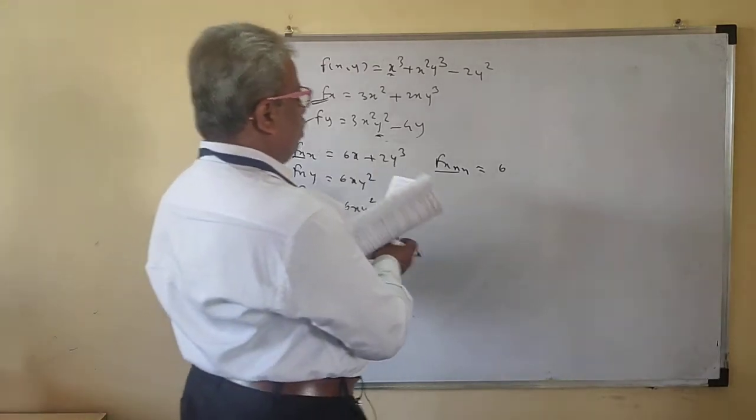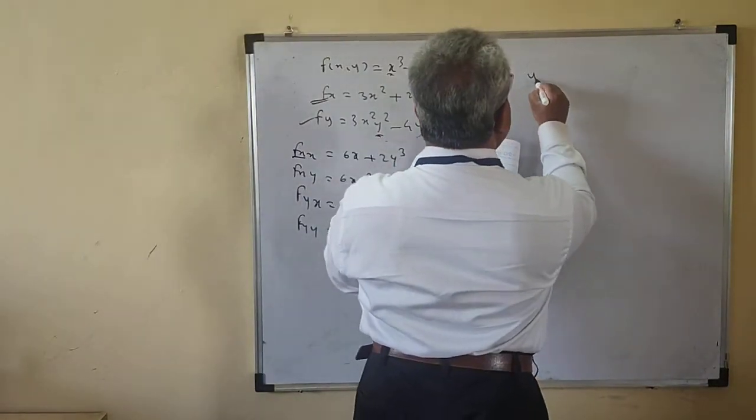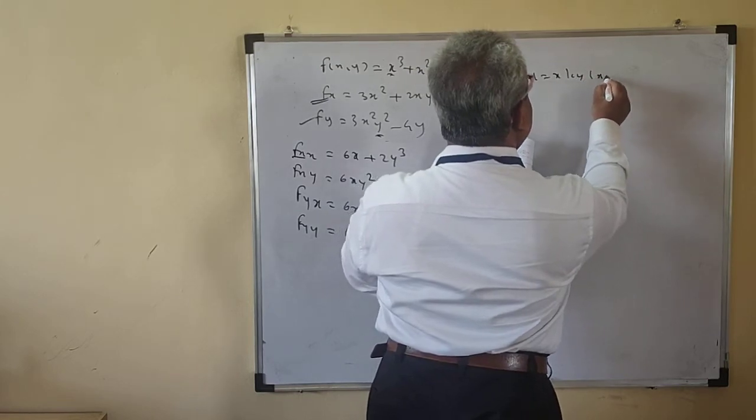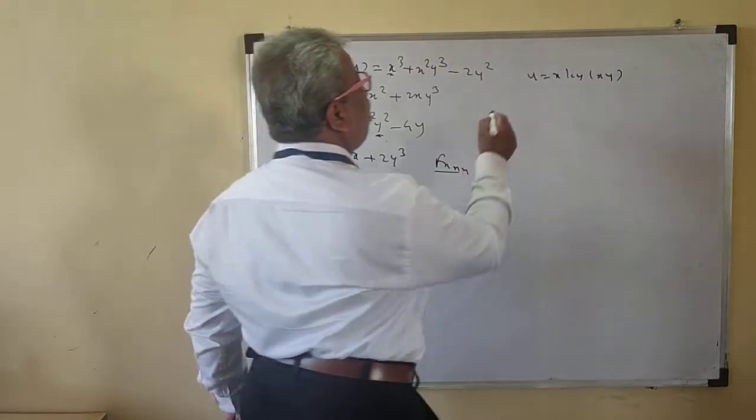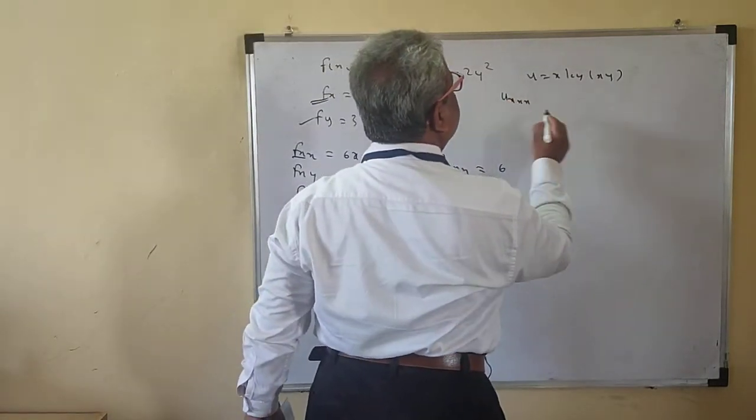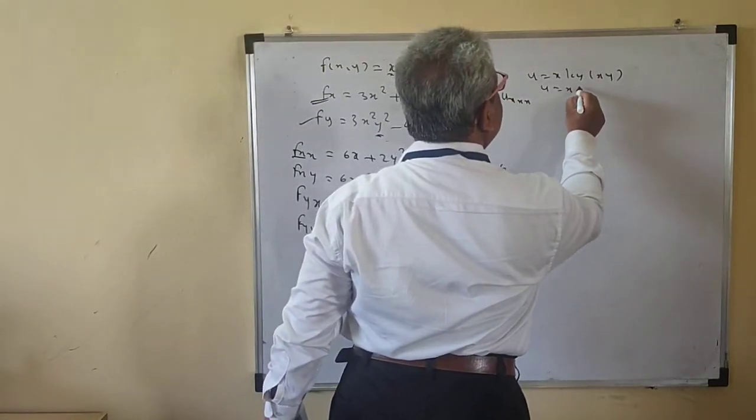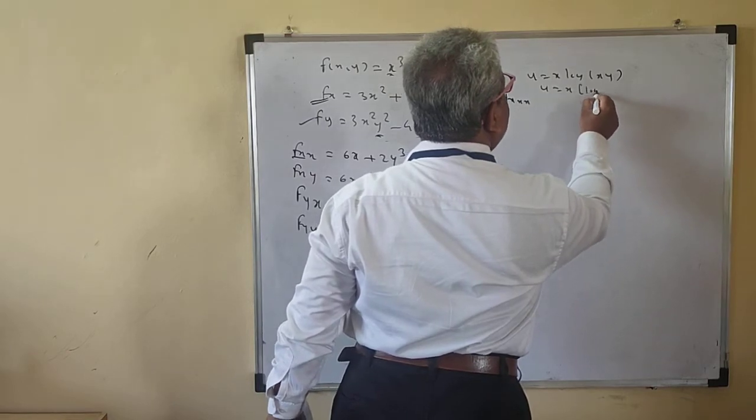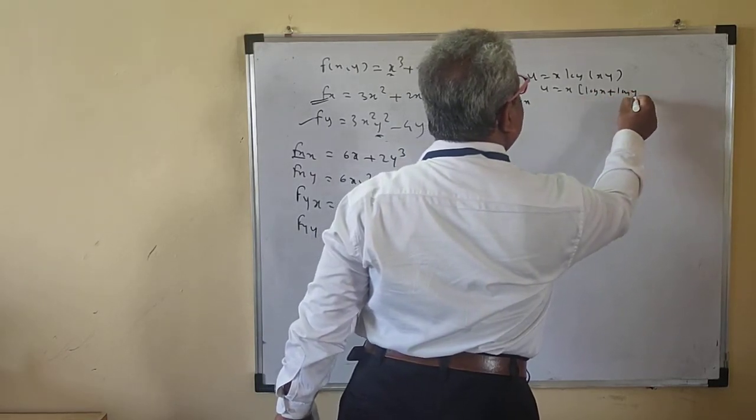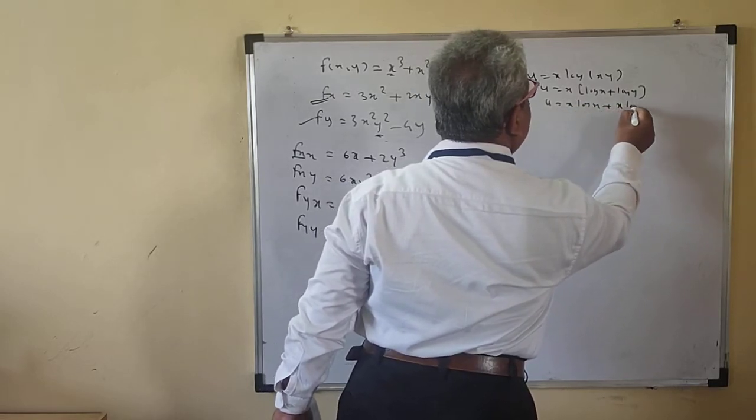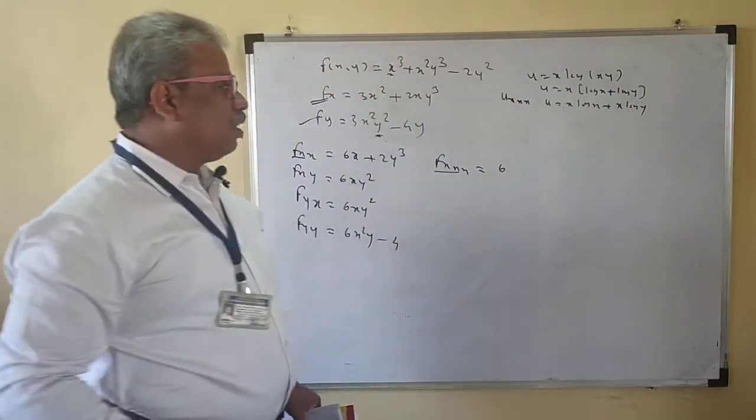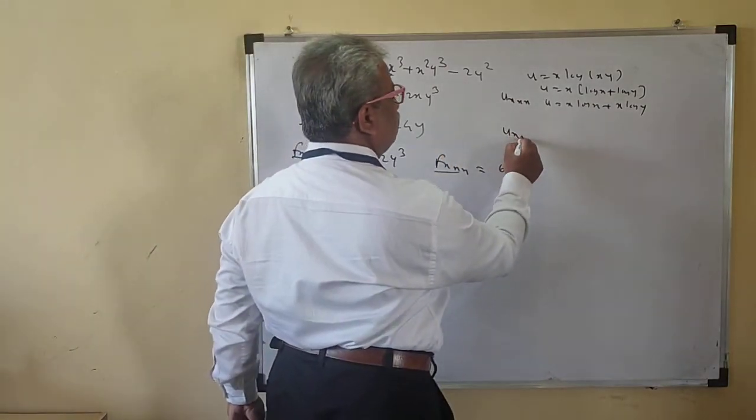Now suppose you have the function u is equal to x log of xy. Now you have to find u_x, suppose. So I can simplify this. This is log of x plus log of y. So u is equal to x log x plus x log y. Now if you want u_xxx,